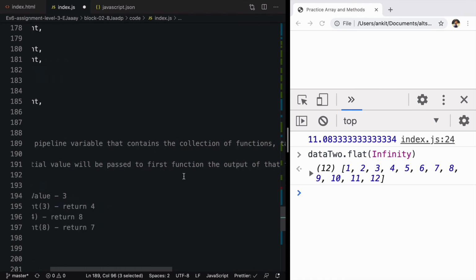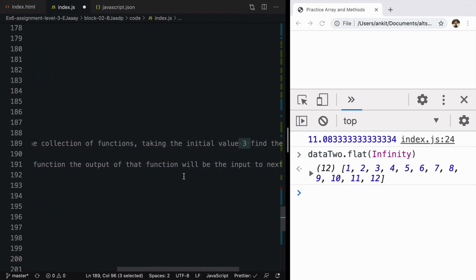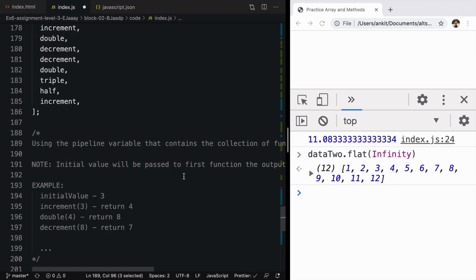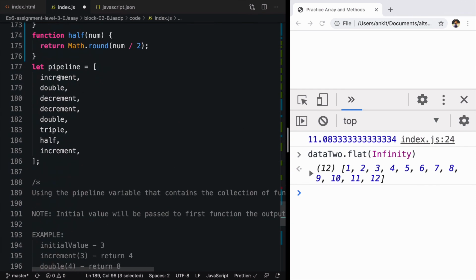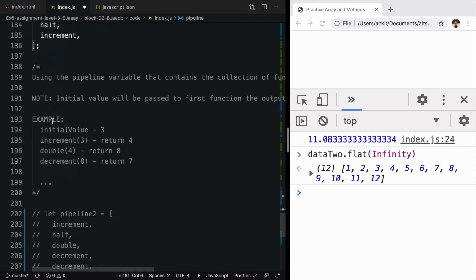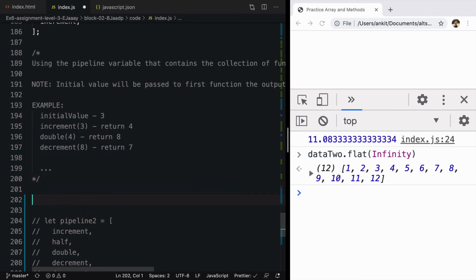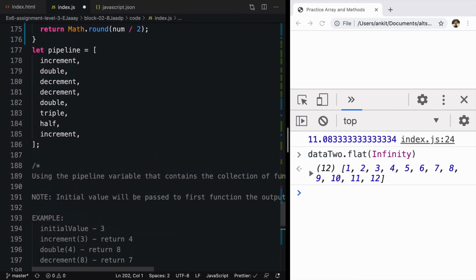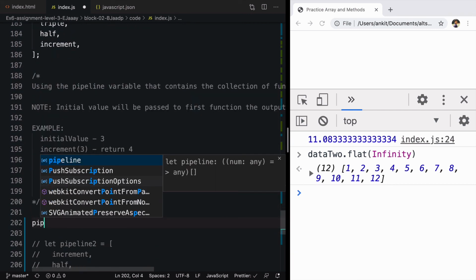The initial value will be passed to the first function and the output of the first function will be passed to the next function. So that is how it works. You pass 3 into it. So 3 will be passed into increment. Whatever will be the output from here will be passed to the next function. And how we can make it happen is by using reduce. So we'll say